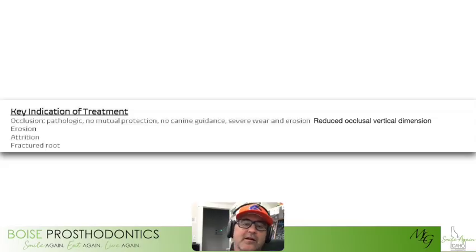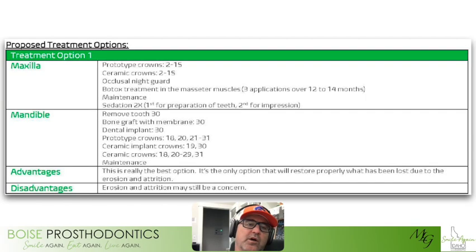So once we gather all that data, I'll still continue to proceed with my homework and start to decide what are the best solutions possible for this person. And so in this case, I put together a table of the upper jaw and lower jaw, so the maxilla and mandible, and start listing what solutions or treatments are going to be needed to help him. So in the maxilla, we ultimately decided that rebuilding his teeth is the best solution for him, which would be utilizing ceramic crowns on all of his remaining teeth. And same thing in the mandible, is to put ceramic crowns and replace the broken tooth number 30 with a